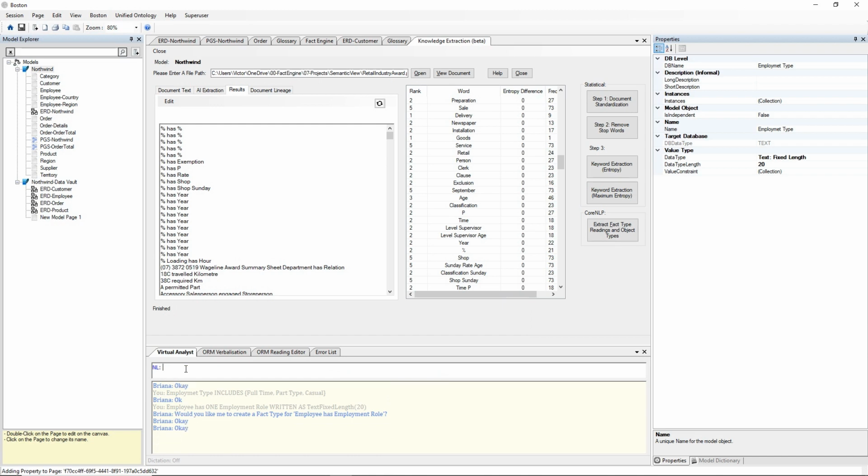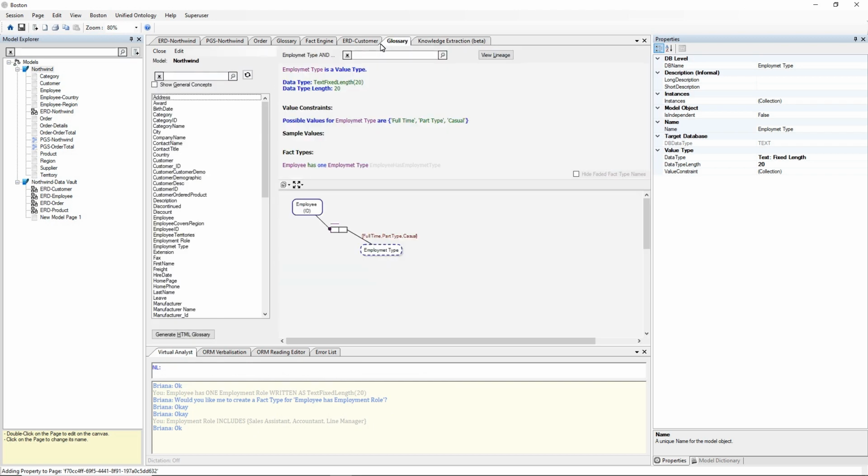And in our Northwind data warehouse and whatever database we have for managing our enterprise, we might say that employment role, which we know is a value type, includes sales assistant and say accountant, line manager, etc. Now we'll just add those for now and hit OK,